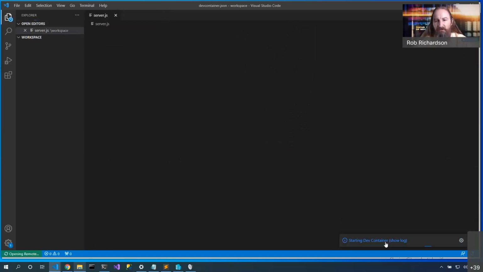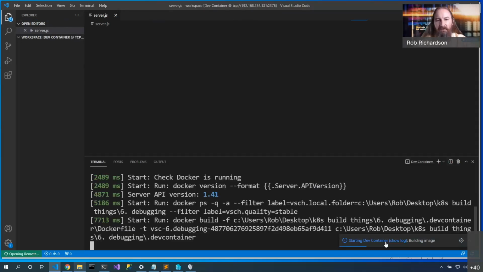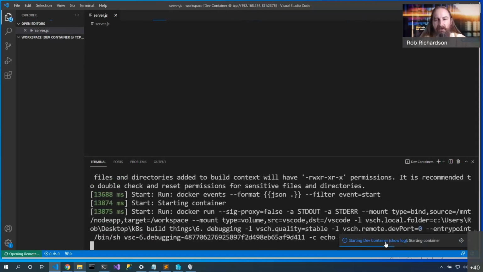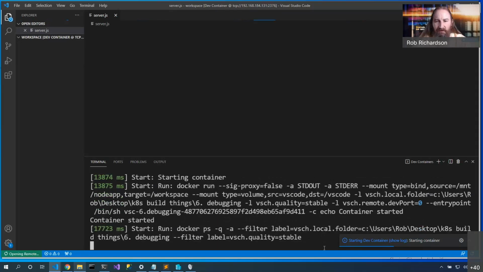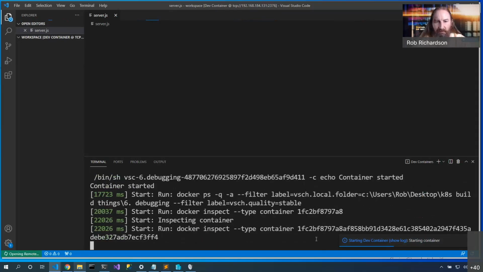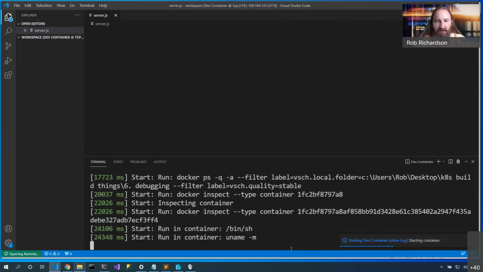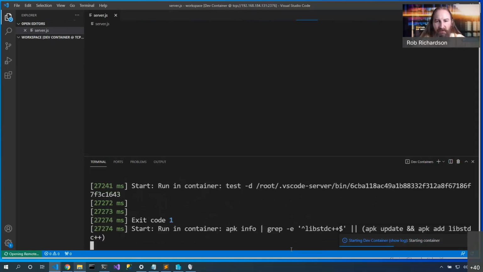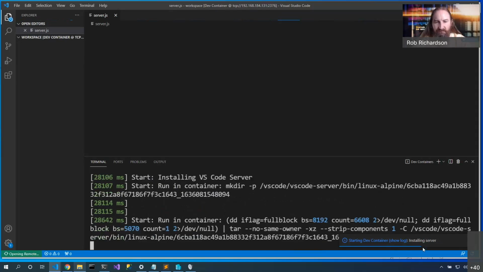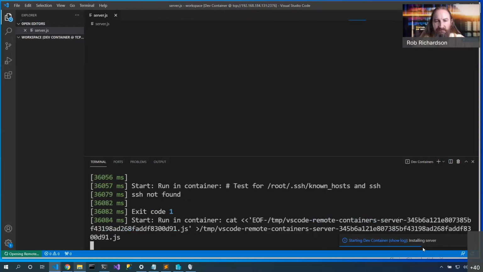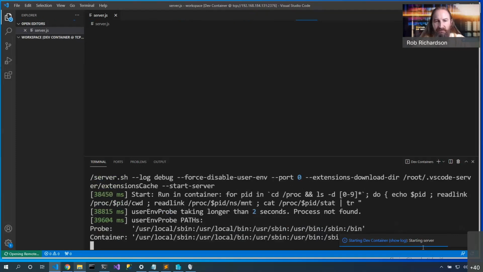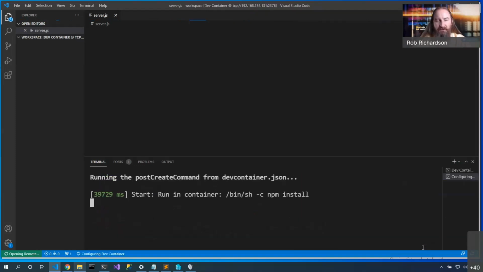I love watching these logs pop up because it's really fun to see how it builds up the container, maps the volume into place, and automatically gets that set up for us. It will take just a second. Grabbing the local content, it looks like it gave it a name. That's great. And it looks like we've got our container almost running. Mapping that volume into place. Starting the extensions. And now I'm running. Perfect. Now this is running inside of a container.